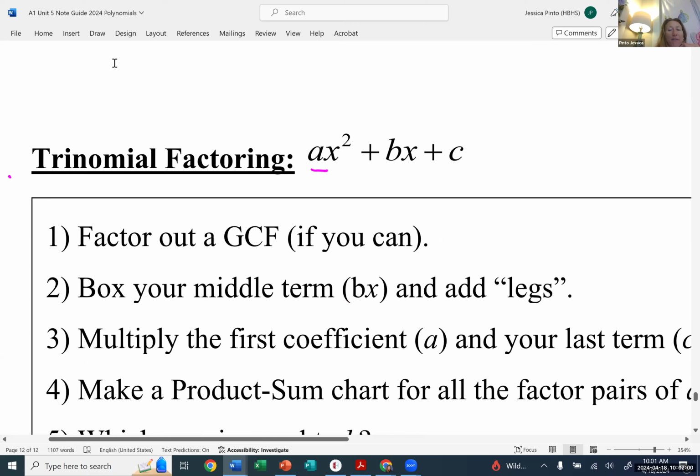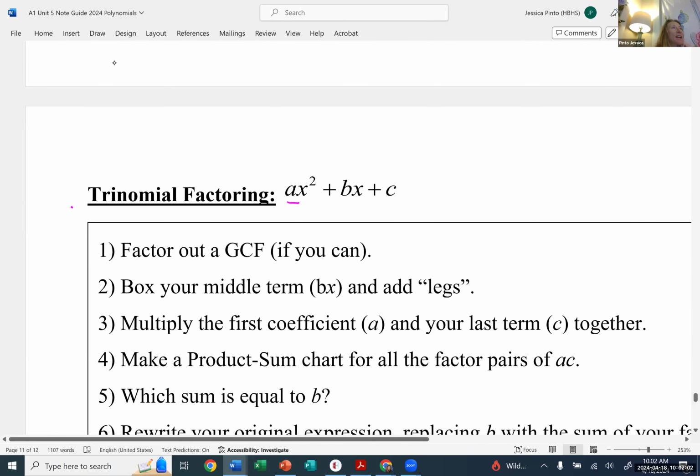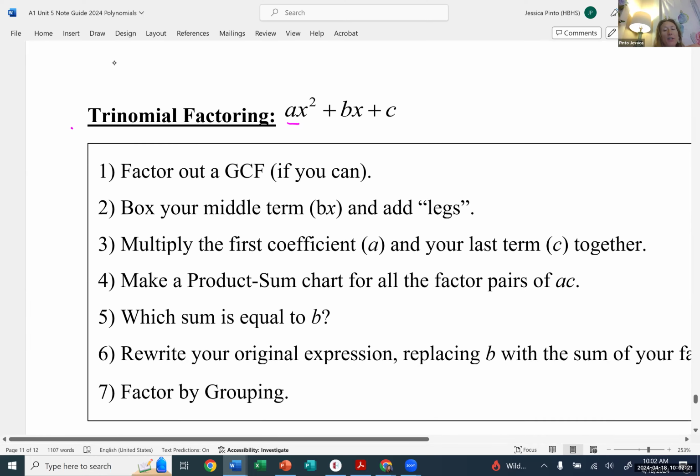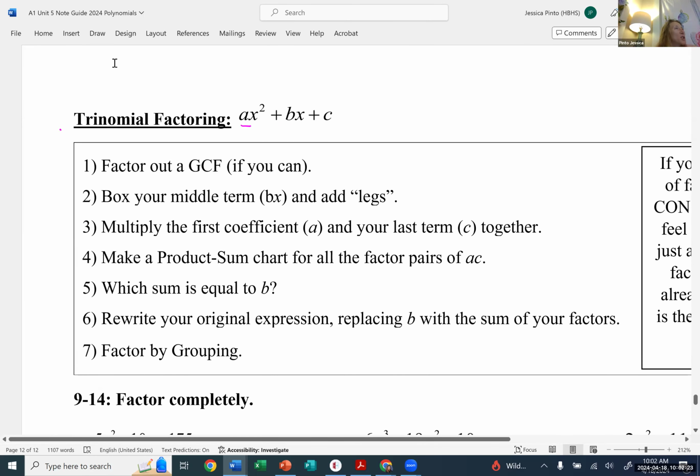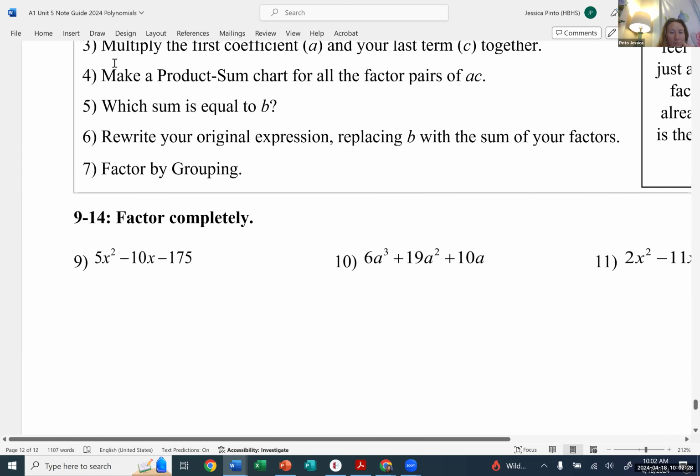You're going to multiply the first and the last term together, AC, and then you're going to make your product sum chart for all the factor pairs of AC, just like we do for regular factoring. But instead of those numbers being the answers, they're going to just be the sum that adds to B. Then we're going to be able to rewrite our original expression, and it will have 4 terms. And then we factor by grouping. So,